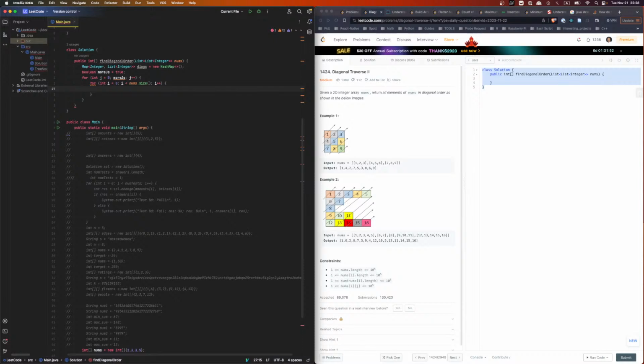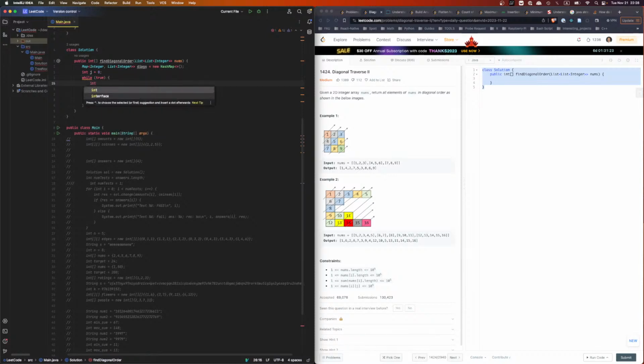We might as well just do a while loop. Seriously, I think a while loop might be easier to deal with. Say j equal to 0, right? And then this is going to be while true. Okay. And boolean has encounter